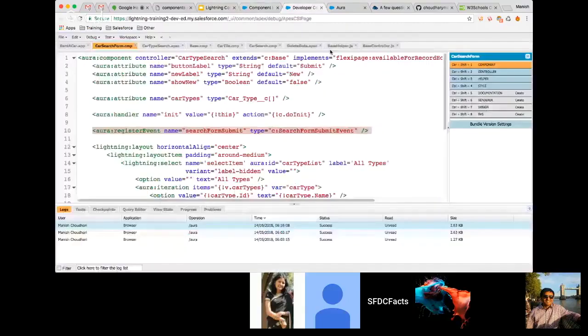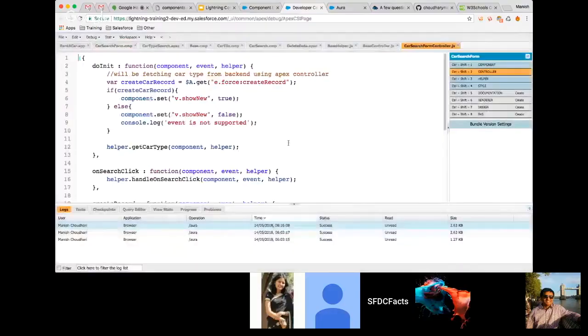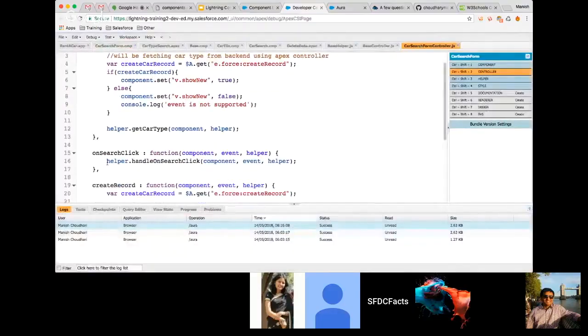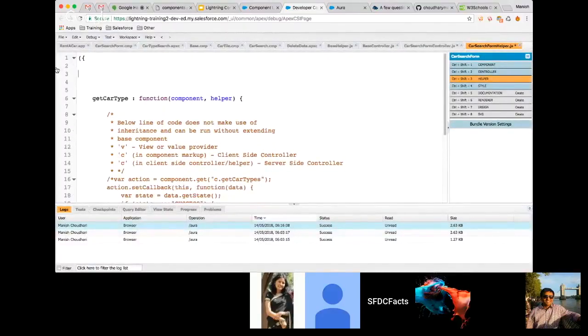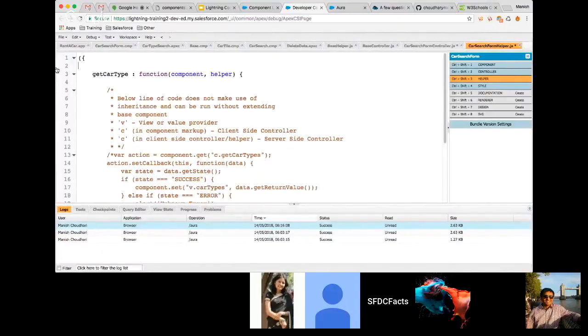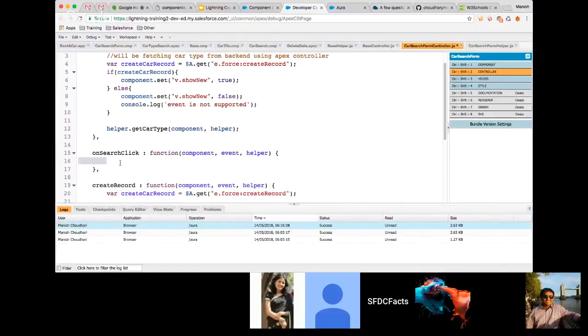So how you can do that? Go back to your code, go to your controller file. In your onSearchClick, remove this code because we do not want to use it now. And also we do not need to have this helper function as well. So here we are going to fire the event. How you can do that? Simply call the,